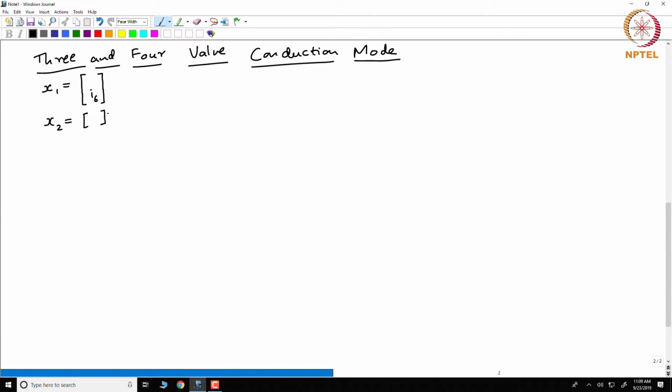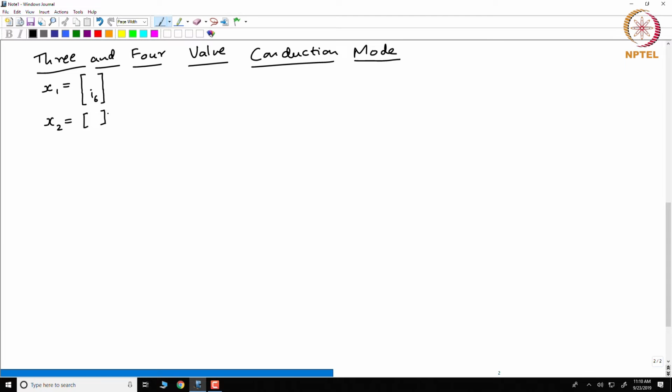So, how do you take the first element of X1? See, one point to note is that the state vector is not unique, but based on the fact that the last element becomes 0 as far as X1 is concerned, we take that as I6. So, one of the elements of X1 is fixed. So, the other elements of X1 are nothing but the elements of X2. It seems we have a freedom. See, in general, we have a freedom. But for this type of analysis, whether we have a freedom is the question.